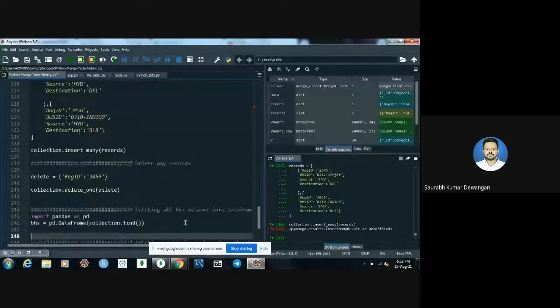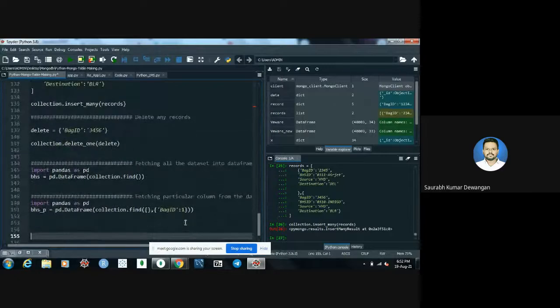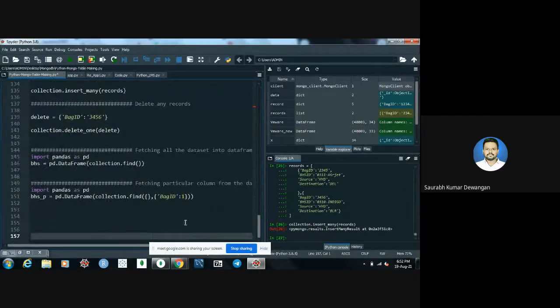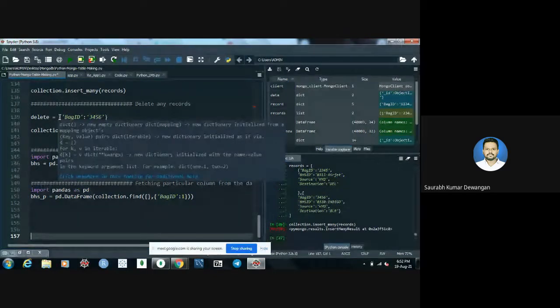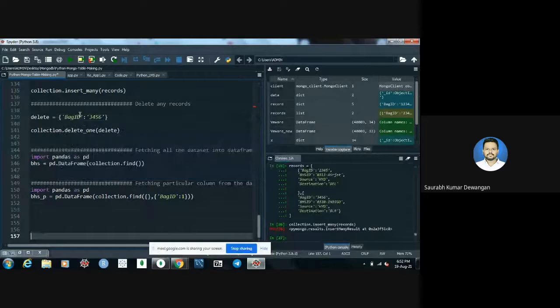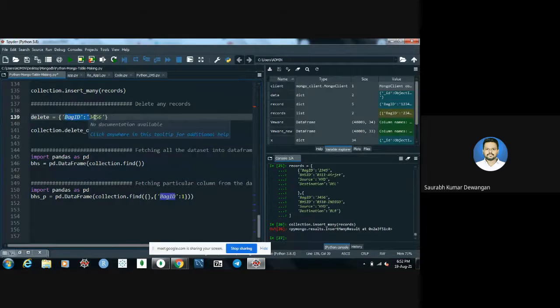Okay, so now what we want to do is, if we want to delete any records or rows, we have to give it in dictionary format, key value pair format, and we have to store it in a variable. So we have given here bag ID and 3456 as its value.